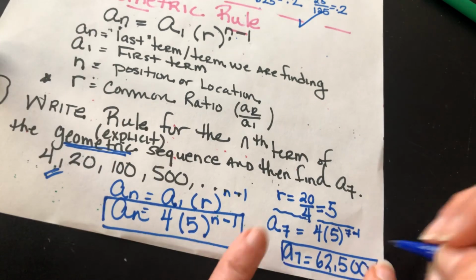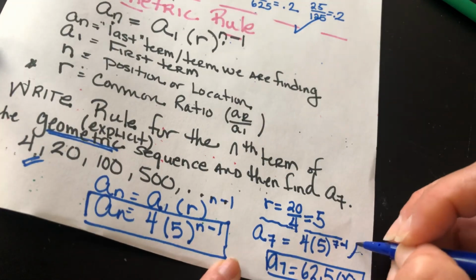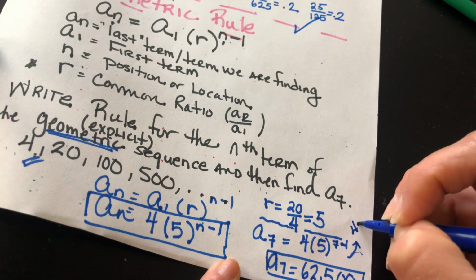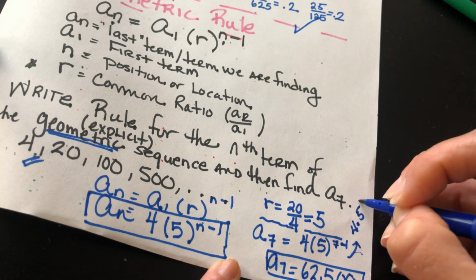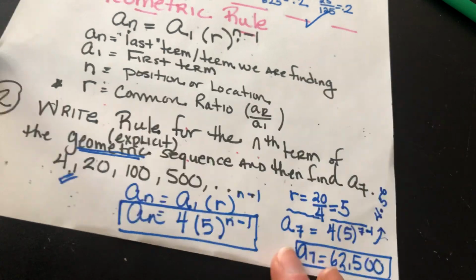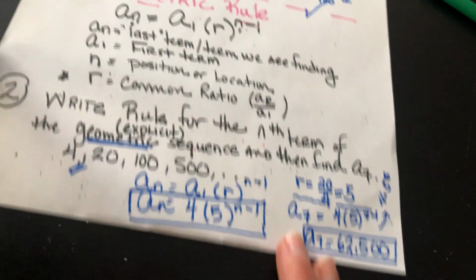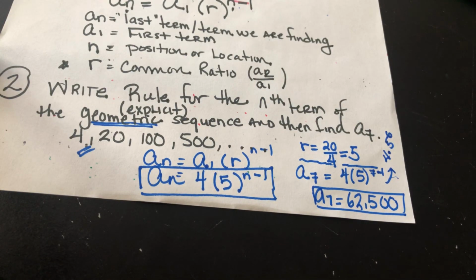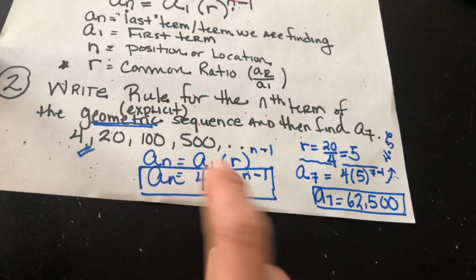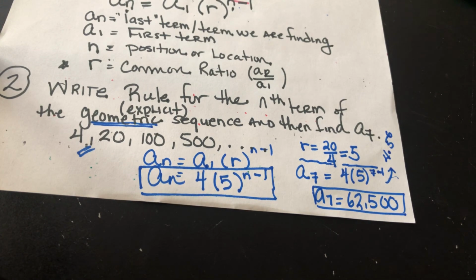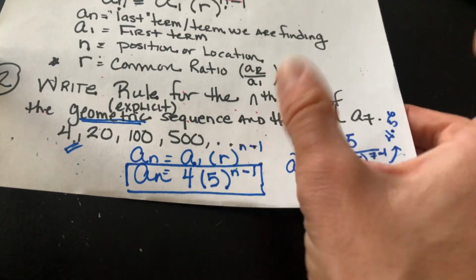And let me just emphasize this one more time. Running out of room. It's 4 times 5 to the 6th. So please make sure you guys understand that the geometric, I think, is a lot easier than arithmetic. It's pretty much you just substitute, write the numbers in. Okay? Let's try one more just like this, and then I'll show you guys one